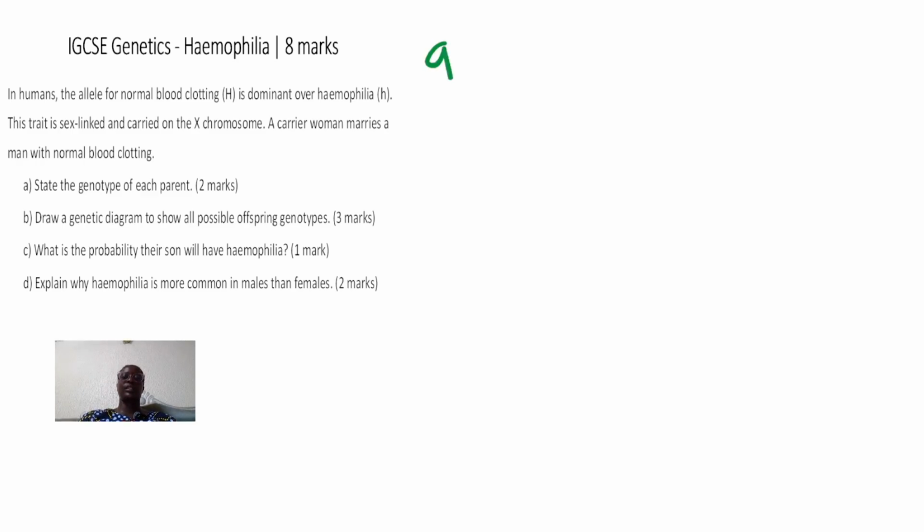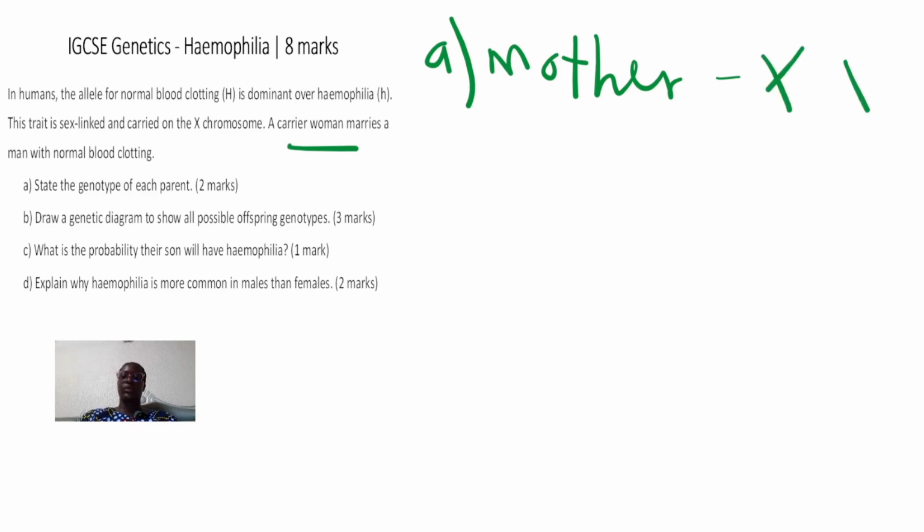We'll begin with the genotype of the mother. Now recall that the mother is a carrier. Females have 2 X chromosomes. Because she's a carrier, one of the X chromosomes will have the hemophilia allele, while the other will have the normal allele. For the father,